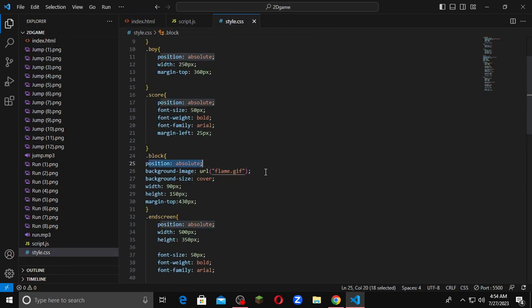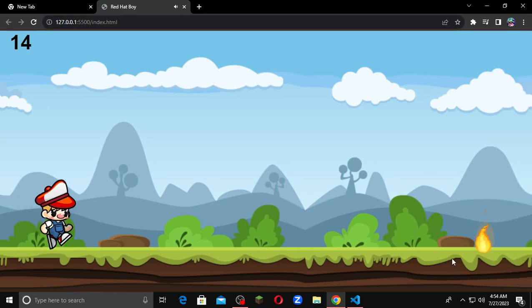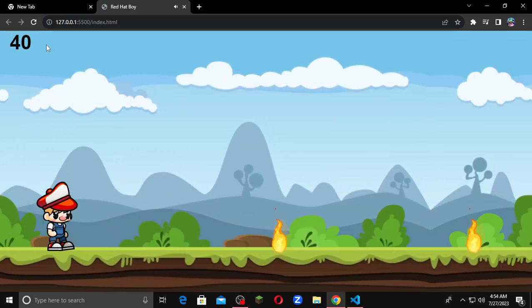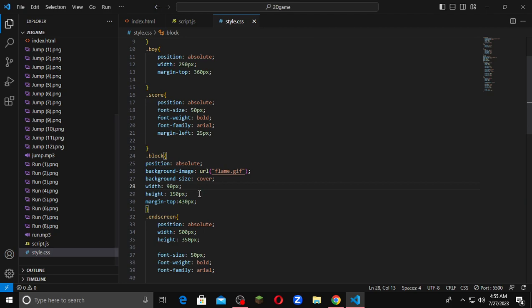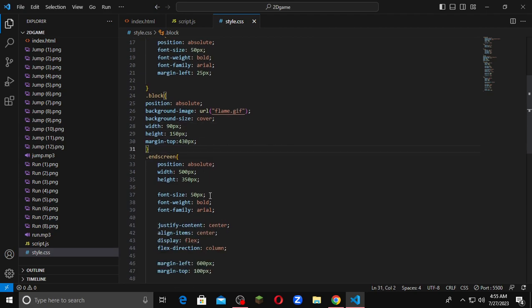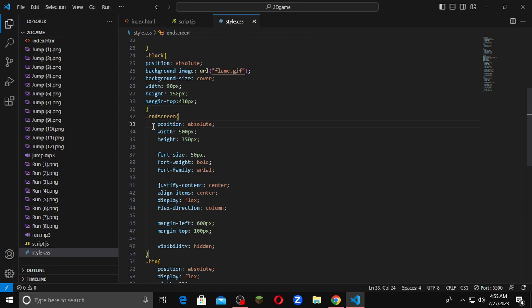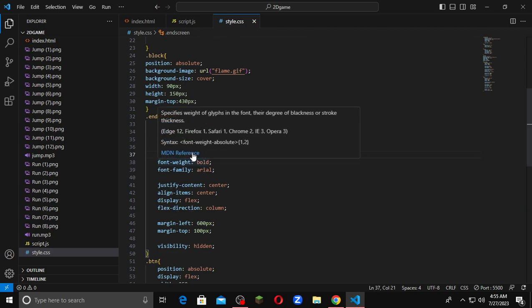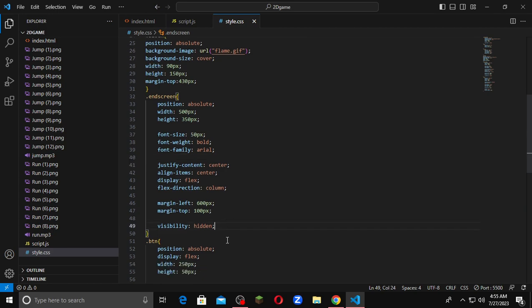So as you can see, I have given this the flame.gif and background size, of course cover, and I have managed this so it perfectly matches this width. As you can see, it's perfectly small, and it lines up with the ground and stuff. And here all these values are just the height and the stuff we want, so it's a basic style.css. So right here we have done the visibility as hidden,